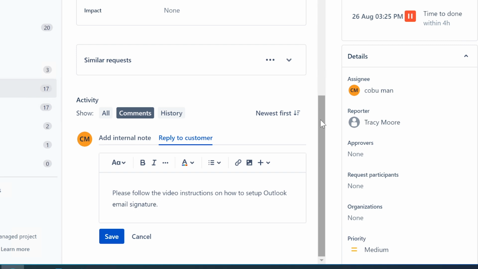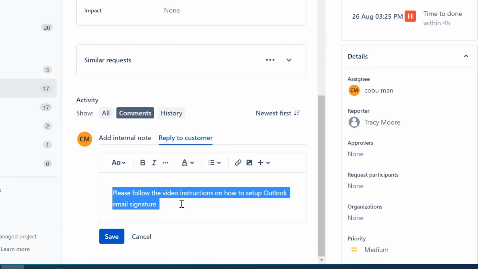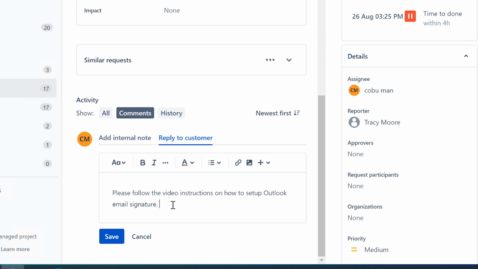You know, some of the plugins that are used in secure email, meaning that the emails get further encrypted and this and that, will use their own plugins with their own signatures, but I just have no way of knowing that. I'm going to leave it at this, please follow the video instructions on how to set up Outlook email signature, is because I'm going to release